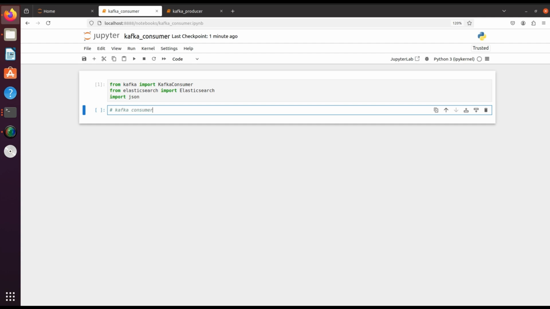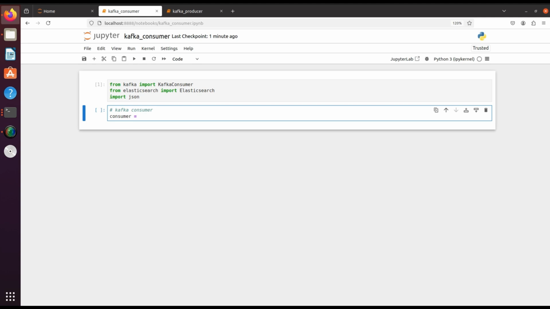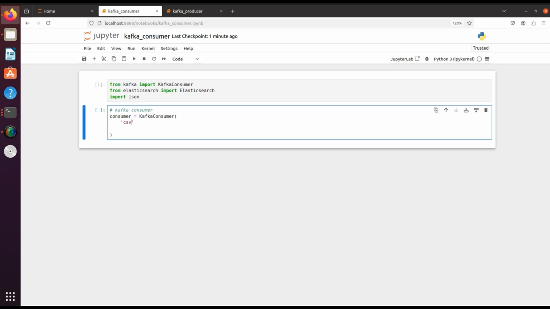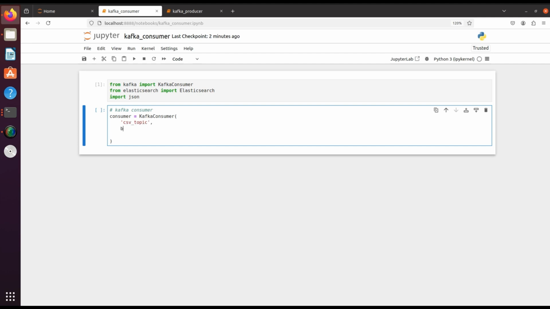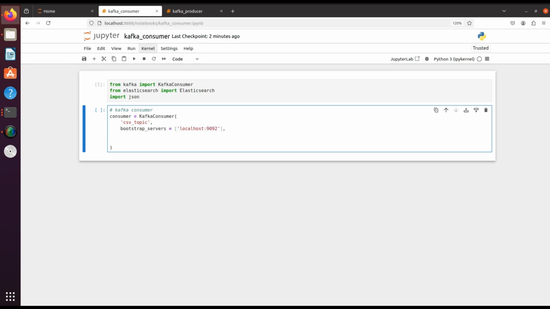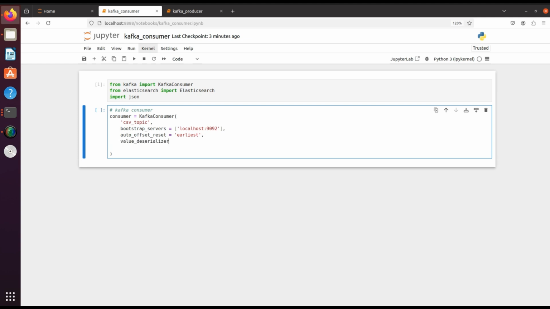Now that we have the libraries imported, the next step is to create a Kafka consumer instance. The Kafka consumer is responsible for reading messages from a specific Kafka topic. In this case, we will be consuming data from a topic named csv_topic. We specify the Kafka broker address using bootstrap_servers, which means our Kafka server is running locally on port 9092. The auto_offset_reset equals earliest parameter ensures that if the consumer has no previous offset, it starts reading from the beginning of the topic. And lastly, we use value_deserializer to convert the incoming byte data into a Python dictionary by deserializing it from JSON